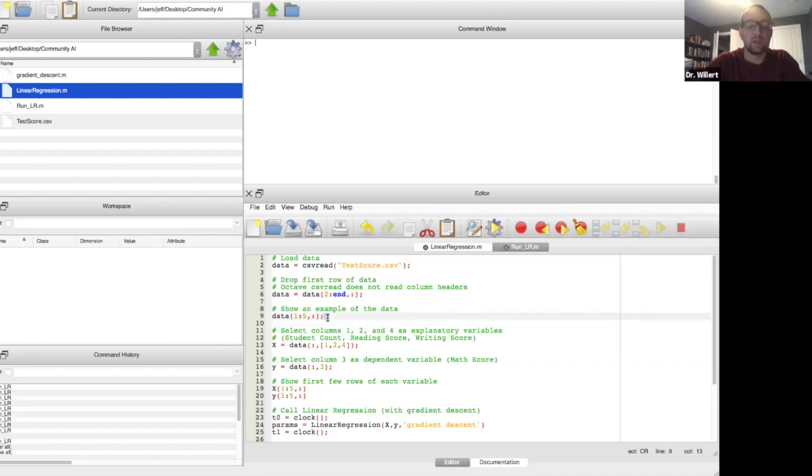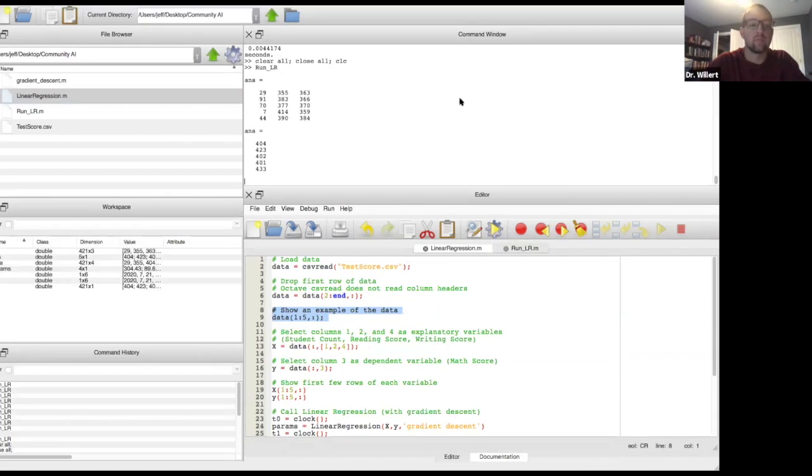And we can look at a small sample of the data as well. So let me run this, and it's going to run a little bit too much, but that's okay. We can go back. All right, so,